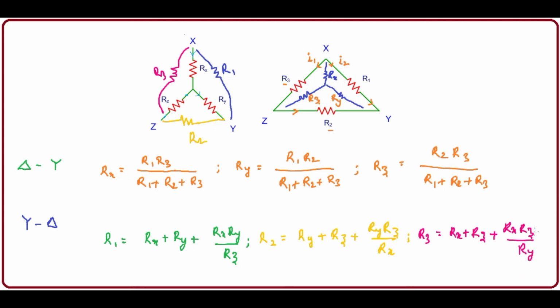So these are the shortcuts. You can use them anywhere, maybe in GATE, or plus 2 students or intermediate students can use these formulae for their MSET or maybe for IIT JEE. So these are the shortcut methods. You can simply go ahead with the problems.